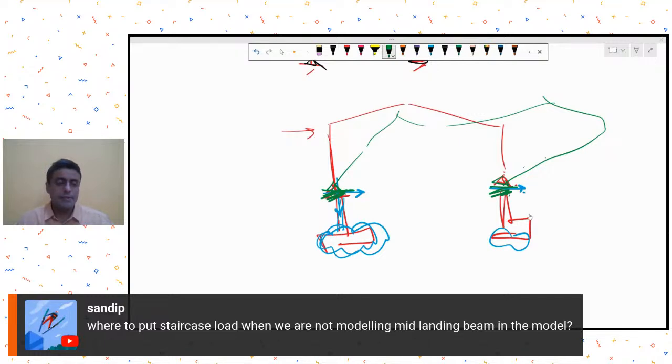Mr. Sandeep is asking where to put staircase load when we are not modeling the mid landing beam. Arre, why are you not modeling the mid landing beam? Model it. Otherwise, you prepare a staircase model separately, and then maybe you just transfer those loads to columns. If you are providing columns in your main model, you can do such things. Okay,